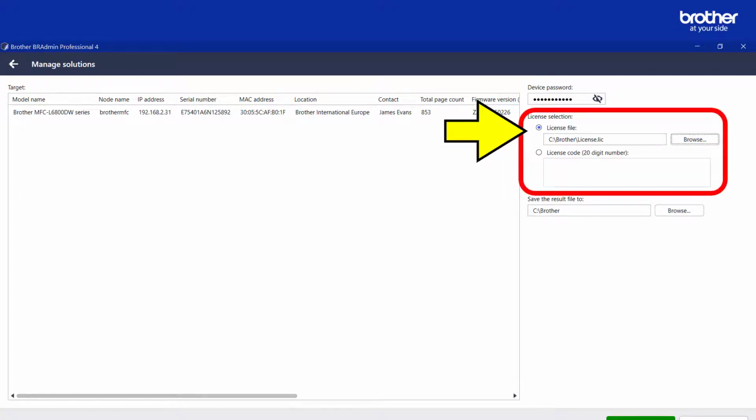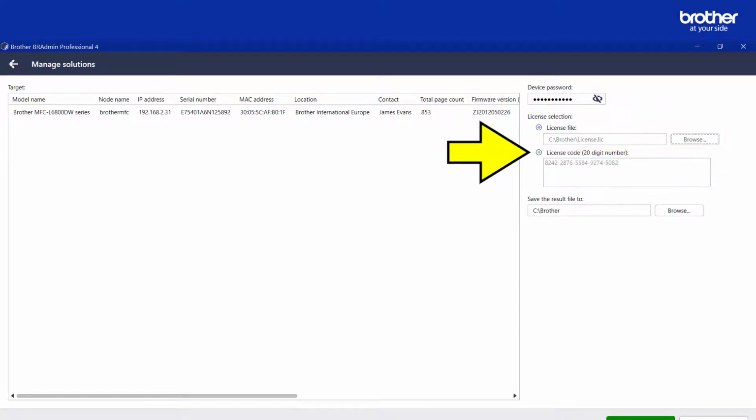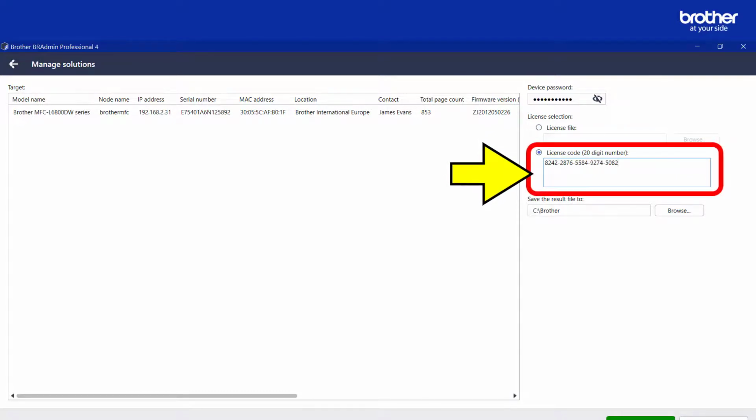Here is where you need to put your activation code or codes. If they were provided to you as a .lic file, this is where you need to select it. Alternatively, if you were provided with a 20-digit code, this is where you need to put it.